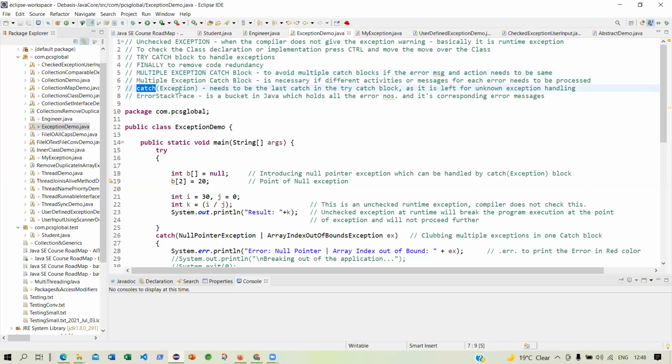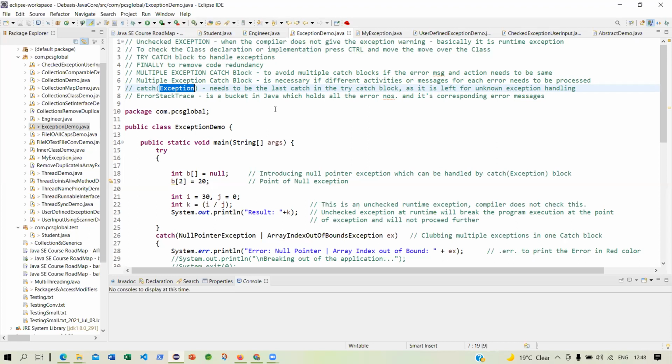The syntax is: catch Exception needs to be the last catch in the try catch block. Whenever you are handling exception, that is a general exception given by Java. So suppose you do not know what exact exception it could be. You know IO exception is one exception. You know servlet exception is one exception. Or arithmetic exception, some arithmetic error like division by 0. You know that is an arithmetic exception. The name of the exception is ArithmeticException.